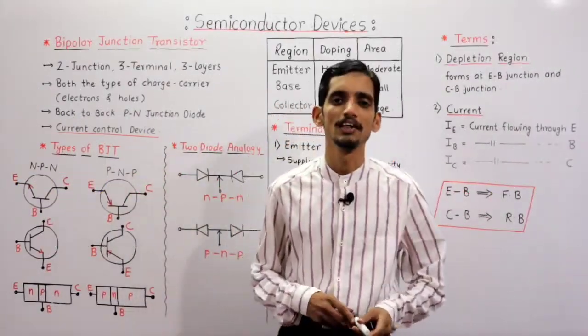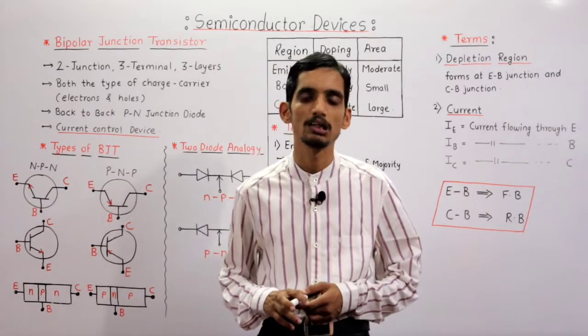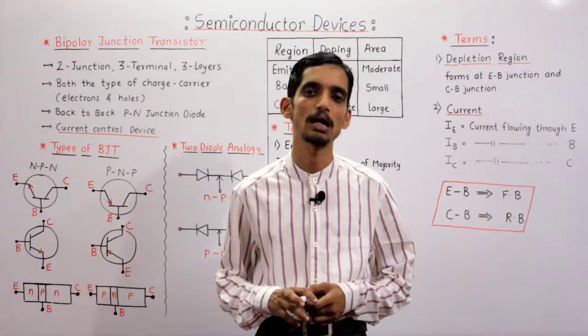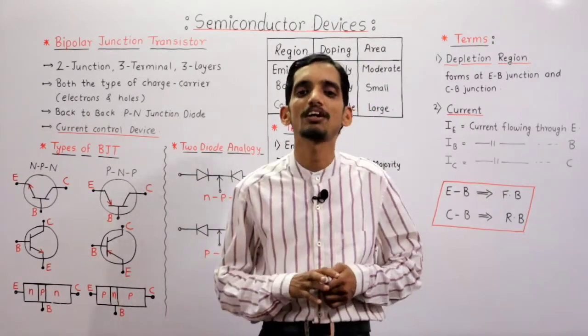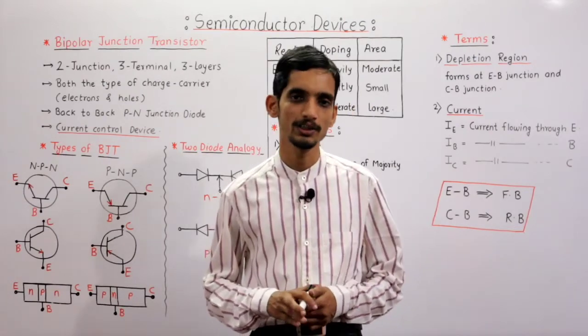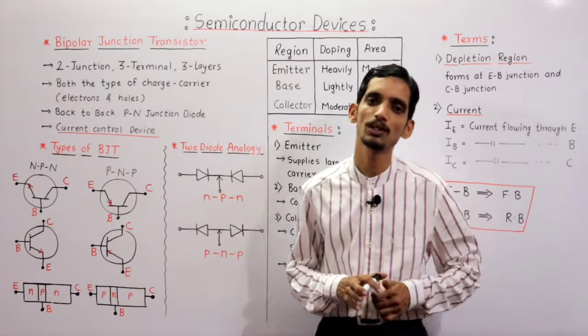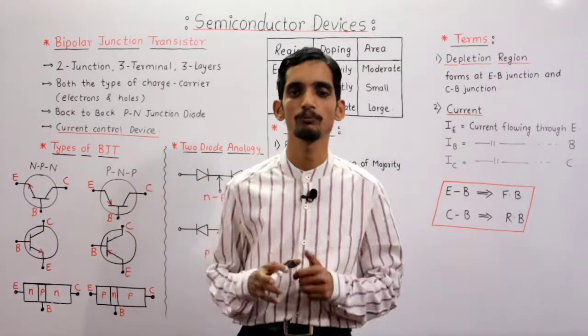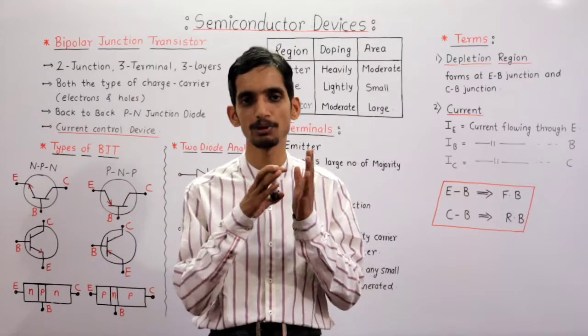Hello friends, in this lecture we are going to discuss the important topic transistor BJT, bipolar junction transistor. This bipolar junction transistor is actually a combination of two PN junctions. As we have discussed, the PN junction diode is a combination of P type semiconductor and N